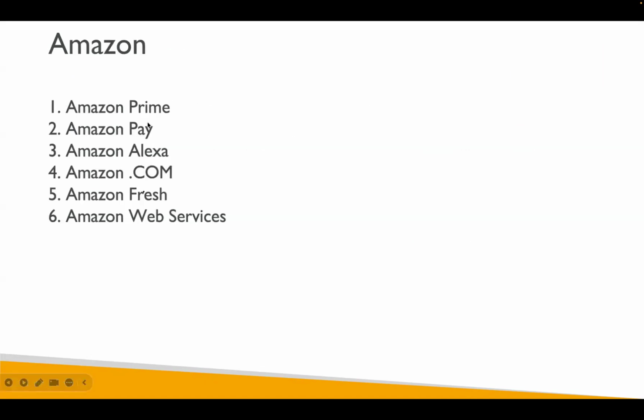Now, speaking non-technically, what is AWS? Think like Amazon has multiple companies. Amazon has Amazon Prime, Amazon Pay, Amazon Alexa, Amazon.com, Amazon Fresh. Same way, Amazon has Amazon Web Services. Now, why do we use the word Amazon Web Services? Because we can enjoy all the services offered by Amazon using a simple website. I'll show you the website. We'll do labs and all. So all the services offered by Amazon under AWS can be accessed via a website.